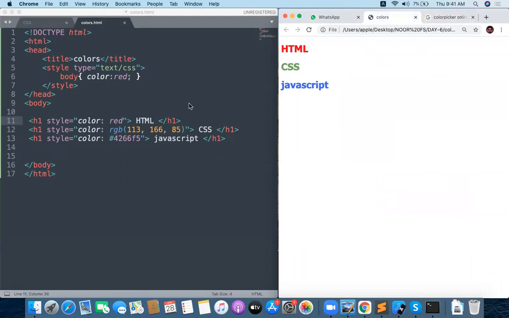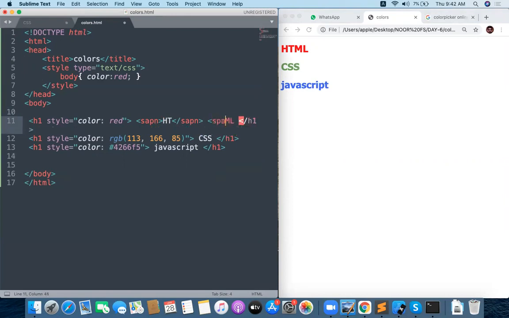In the same way, is it possible to put one color for HT and another color for ML? Yeah, you can do that. For HT one color, for ML another color, you put a span tag. Span is a part of the text. For the span you can apply colors.